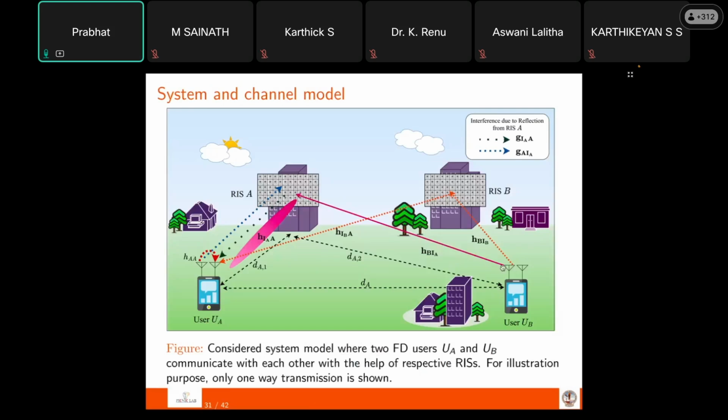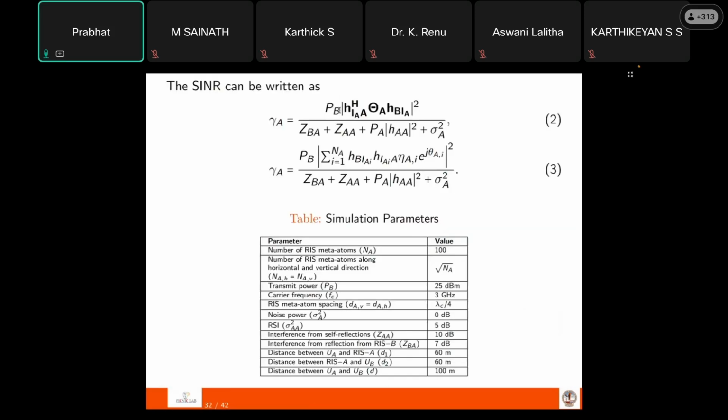I hope you could follow the movement of this cursor, right? This is the desired path. So we will have H_IA, the response of this RIS, and then this path. So from this path, the desired signal is coming. So it would be in the numerator of the SINR, and then there would be